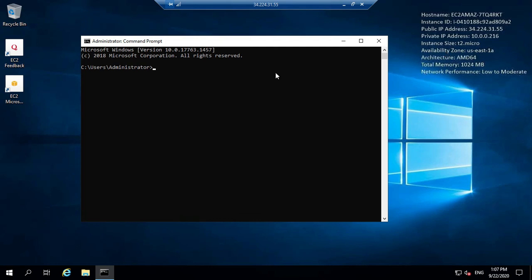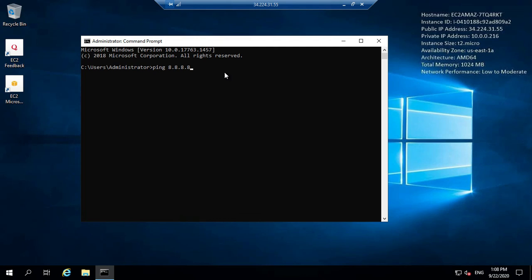So here you can write ping. Now we are going to check whether we are able to connect to the internet or not, meaning if I send any request to the internet, do we get a reply or not. 8.8.8.8 is actually used to check whether the internet is working or not. Now what does that mean? Because we have successfully created the instance inside the subnet, and that subnet is attached to the routing table, and the routing table is connected to the internet gateway.